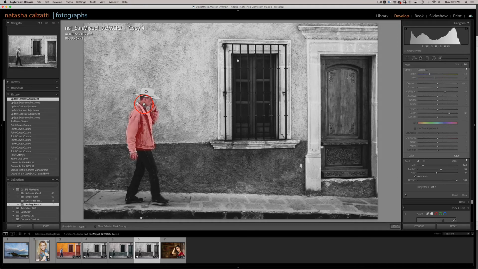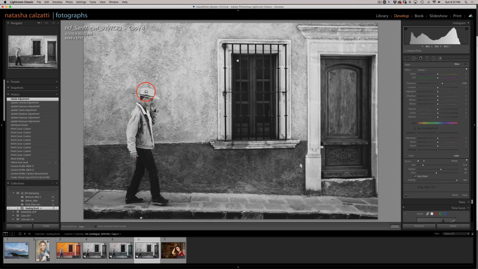I guess I already have a filter, or rather a brush on him. Well, let's get rid of this brush. Let's see what he looked like without these brushes. And the hat, there we go. And then I could still create another new brush, bring my shadows slightly darker, increase my clarity, and I could take a smaller brush and just,